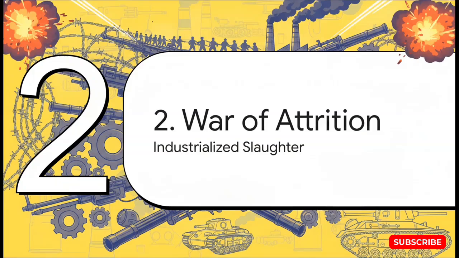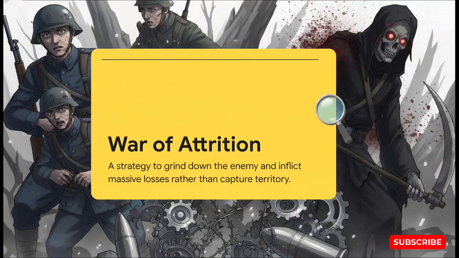Okay, moving on to part 2, a war of attrition. By 1916, commanders on literally all sides realized a short, decisive victory was practically impossible. And this brings us to a really chilling concept: the war of attrition. German General Erich von Falkenhayn unleashed this strategy at the French fortress town of Verdun. And his stated goal? It wasn't even to capture the territory. He literally wanted to, in his words, bleed France white.